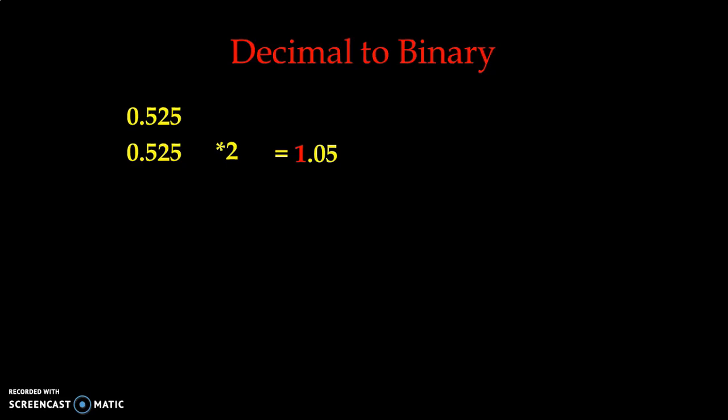Now, as I said earlier, we have to separate this produce. We can take the integer value apart and we can take the fractional value for the process of repeated multiplication. So in this case, the integer value 1 we have taken apart, and the fractional value, that is 0.05, we have taken for multiplication. If we multiply 0.05 by 2, then it will come to 0.10. So the integer value in this case is 0, and 0.10 we are taking for repeated multiplication again with 2.